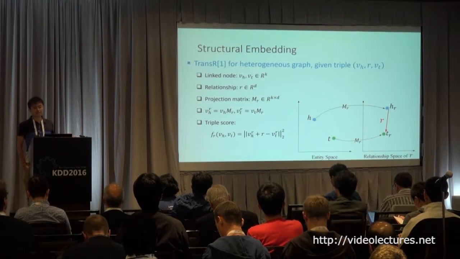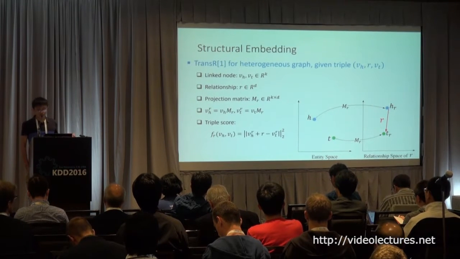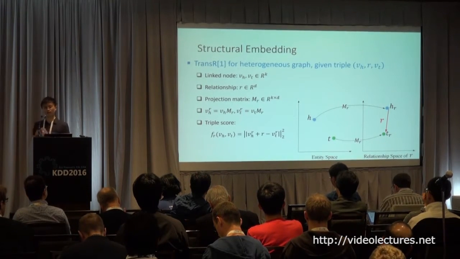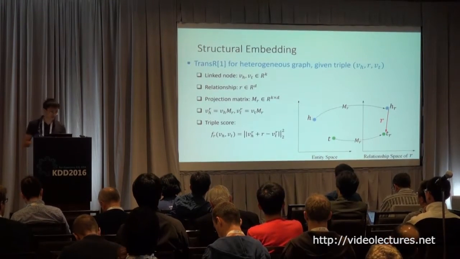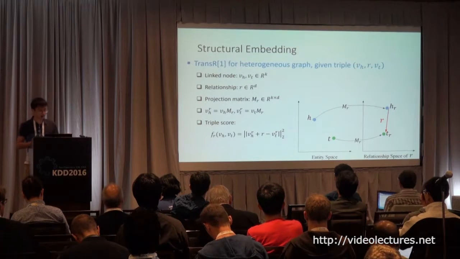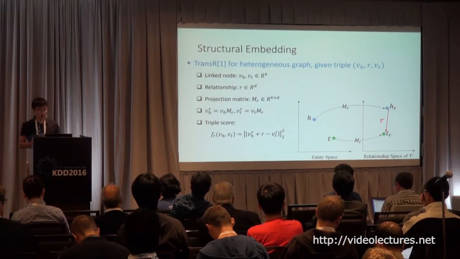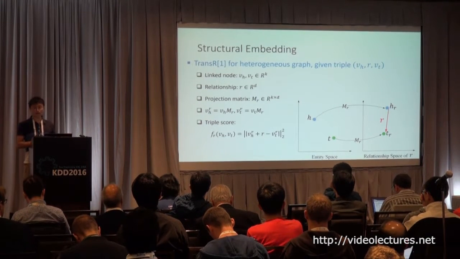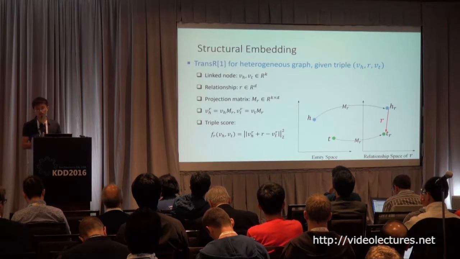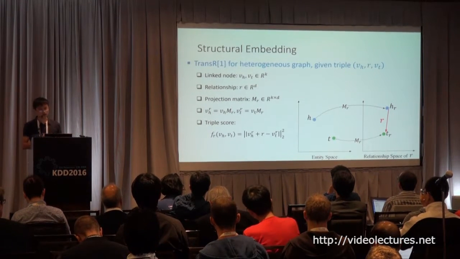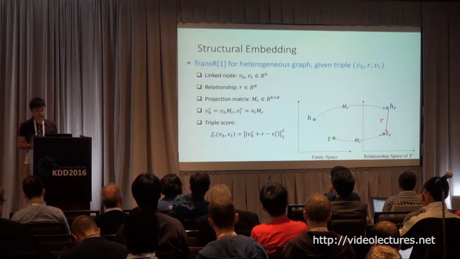Actually, this graph is heterogeneous. So this model assumes that the vector space and the edge space are in different semantic spaces. So there is a projection matrix that will project each node vector to the space of the edge vector. And then, given these vectors, each triple in this knowledge graph will get a score. This score means that if a triple has been observed in this knowledge graph, the score should be high, some kind of confidence of this observation. For an unobserved triple, the score should be low.